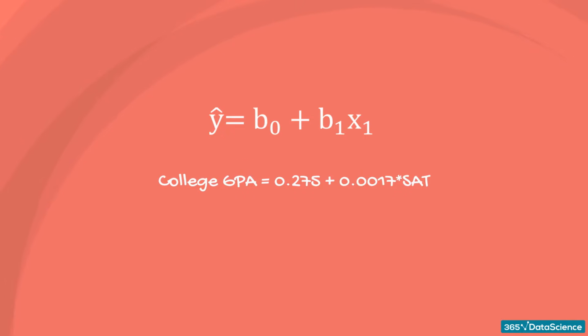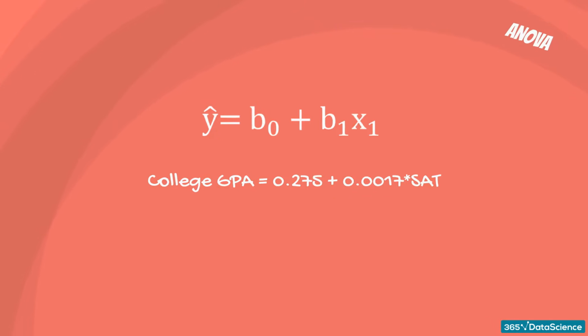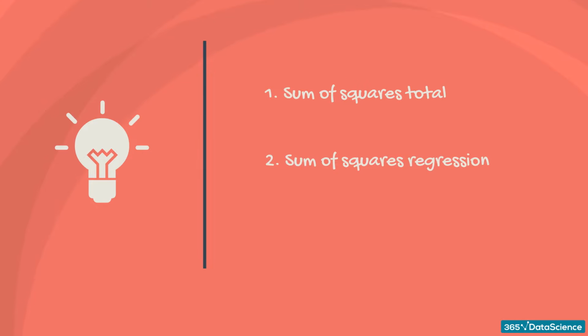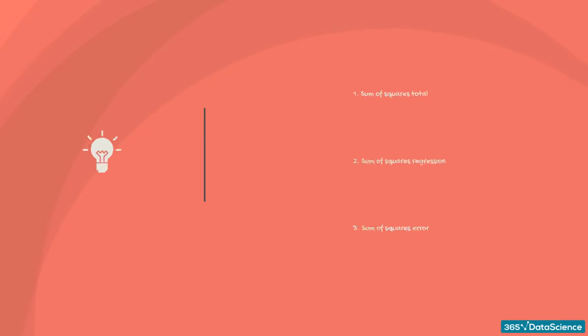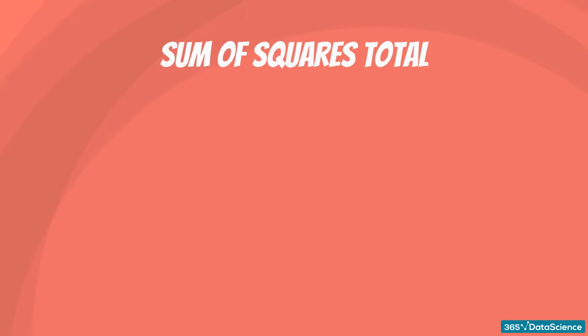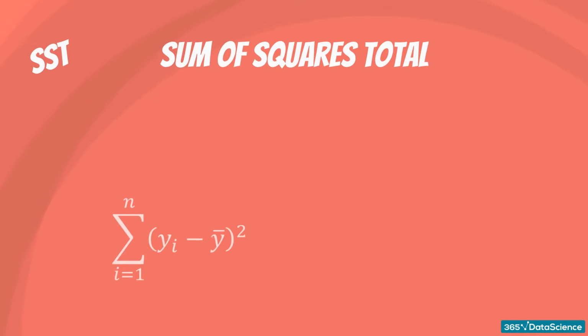In this lesson, we will explore the determinants of a good regression. This video is based on the ANOVA framework you may have heard before. There are three terms we must define: the sum of squares total, the sum of squares regression, and the sum of squares error. The sum of squares total, denoted SST, is the square differences between the observed dependent variable and